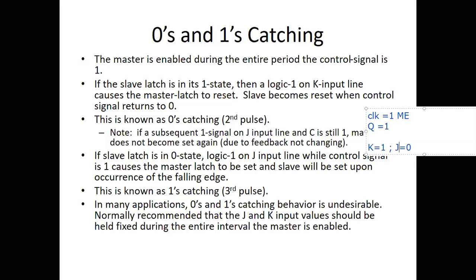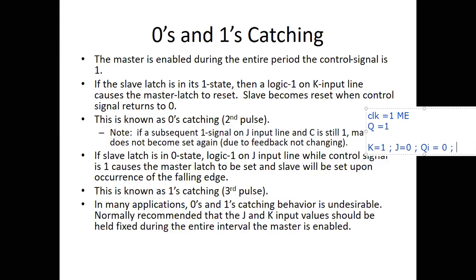Output will become a reset. So the master will reset. Now when master resets, let me assume that is the intermediate signal QI. Master is resetting means QI will be equal to 0.